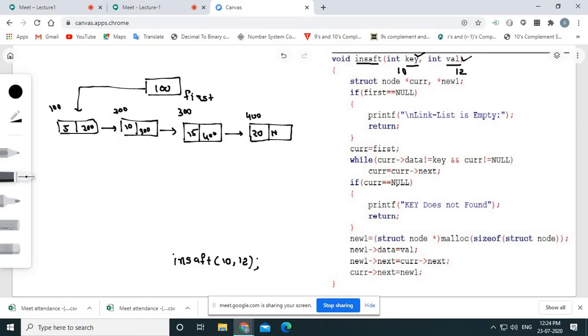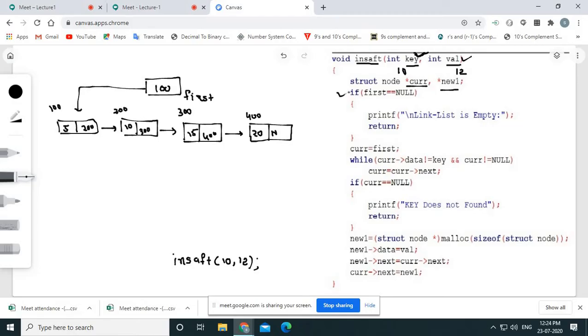Okay, fine. Now what we are doing, we are taking 2 pointer variables, right. One is current, second is new one, because here we are inserting a new node, we need to create a node, and for that new one has to be there, right. Second, where are you going to insert this node? So for that purpose we need to find that node whose data part is the same as the key value, so we have to find the key in the linked list, right. So I have taken a current pointer.